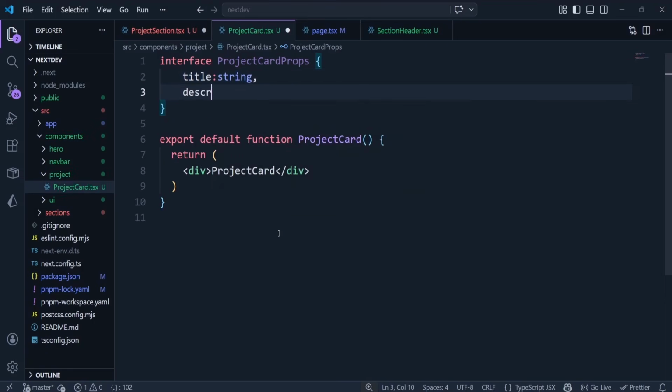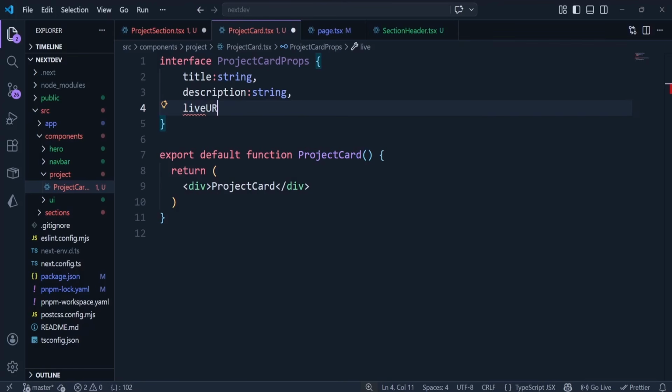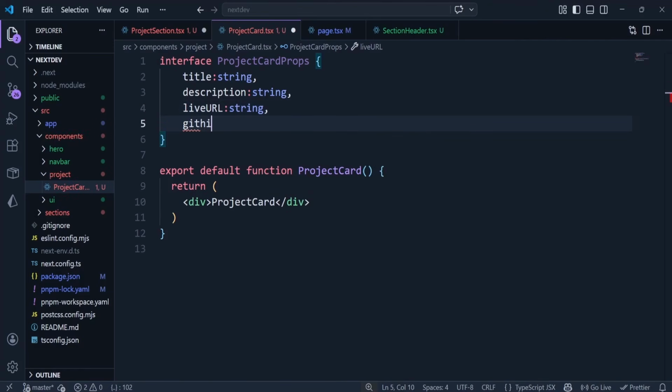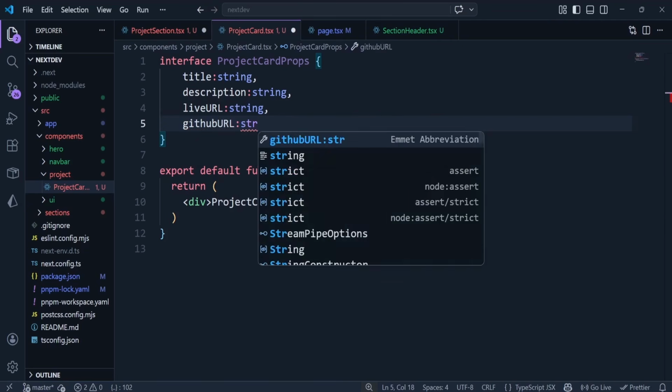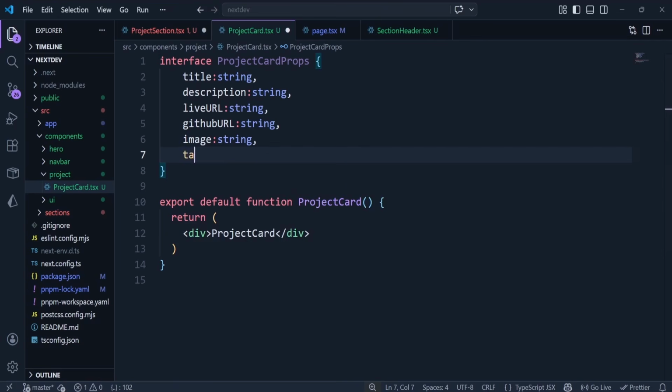A description is going to be of type string. A live URL is going to be of type string. GitHub URL is going to be of type string, an image that's going to be of type string, and then lastly it's going to take tags, which is going to be an array of